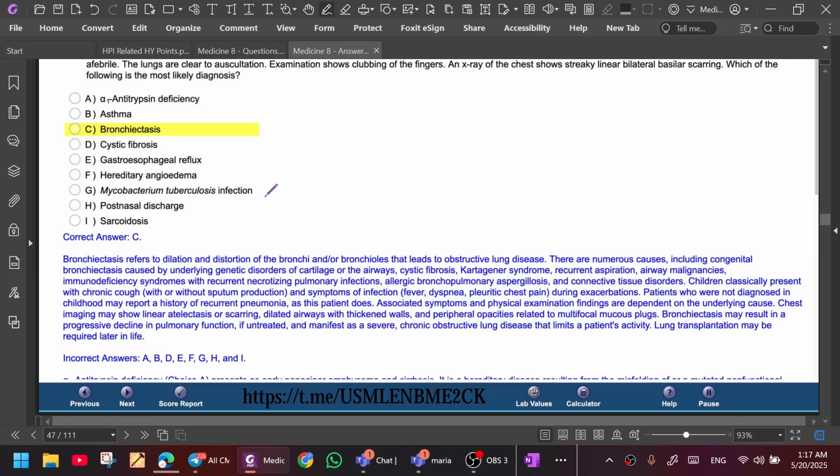It's not alpha 1 antitrypsin deficiency, which presents as early panacinar emphysema and cirrhosis. It is a hereditary disease resulting from misfolding of a mutated non-functional alpha 1 antitrypsin, an antiprotease. The misfolded protein accumulates in the liver, causing hepatocyte damage, and is unable to prevent protease induced damage to the